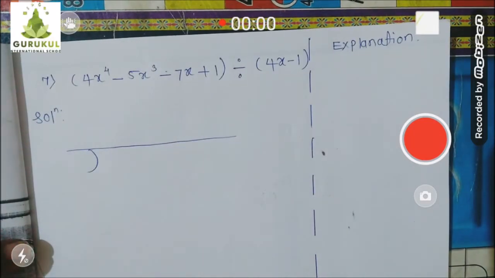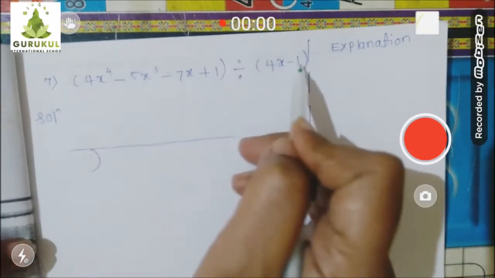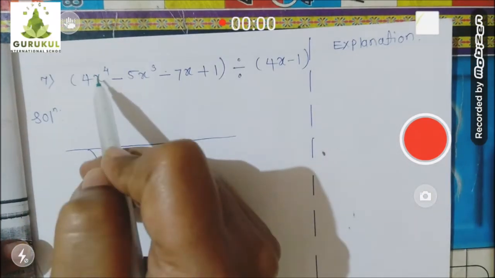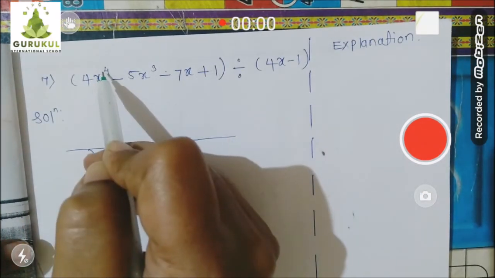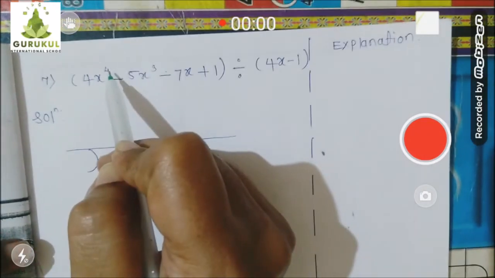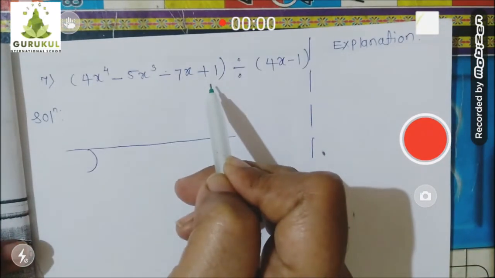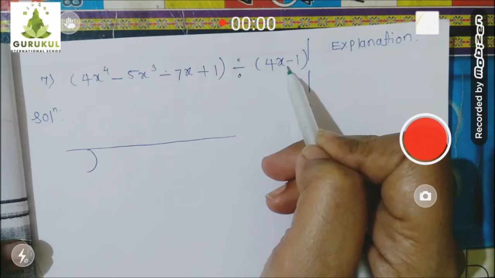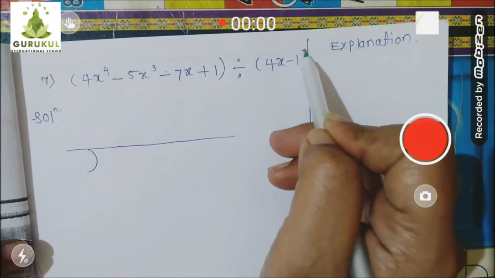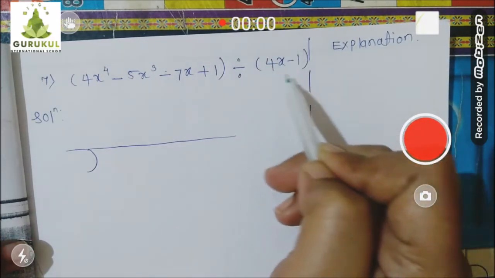Okay. Children, you know very well what is the first step. Arrange the dividend and divisor in descending order of power. So let's check it. First of all, the dividend: x raised to 4, x raised to 3, x raised to 1, x raised to 0. Powers are 4, 3, 1 and 0. They are already arranged in descending order. Now, is this divisor also arranged in descending order of power? X raised to 1, constant number is x raised to 0. So 1, 0. This is already arranged in descending order of power.